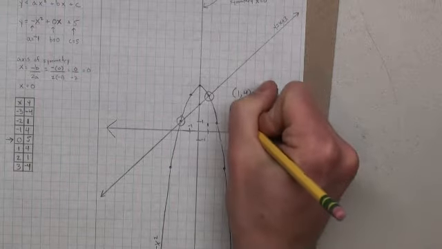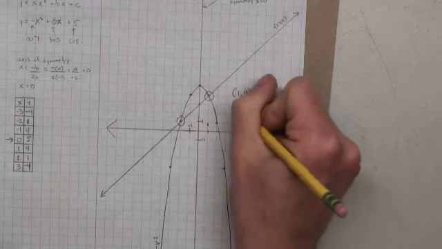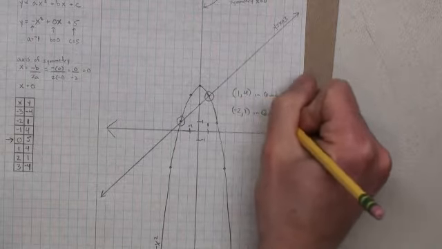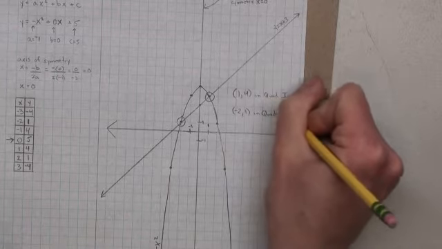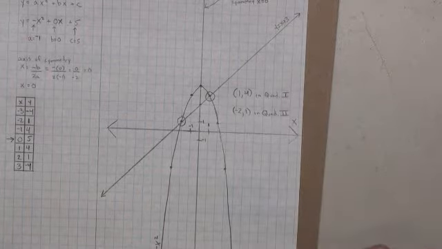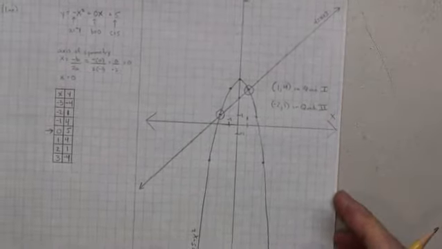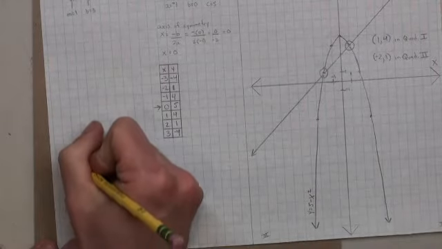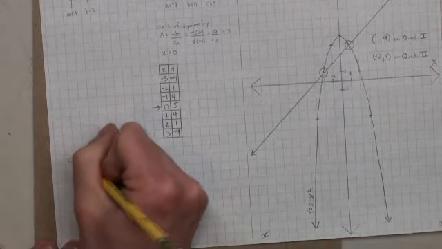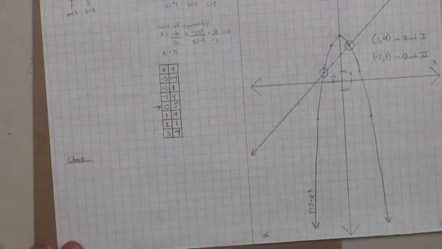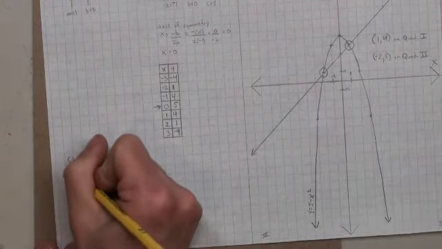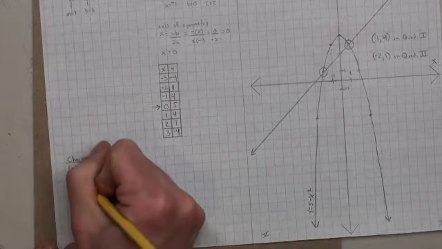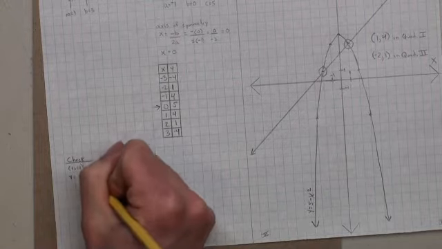Okay? And then my other point is at negative 2, comma 1, and that's in quad 2. Okay? And finally, what I have to do is check. So let's put that over here. Okay? I'm going to check my first point, 1 comma 4, and I'll check it in y equals 5 minus